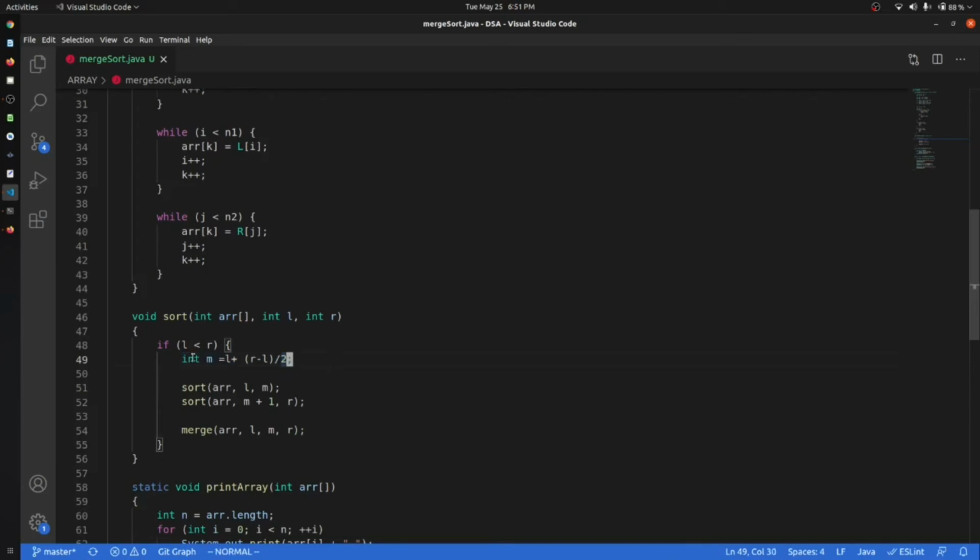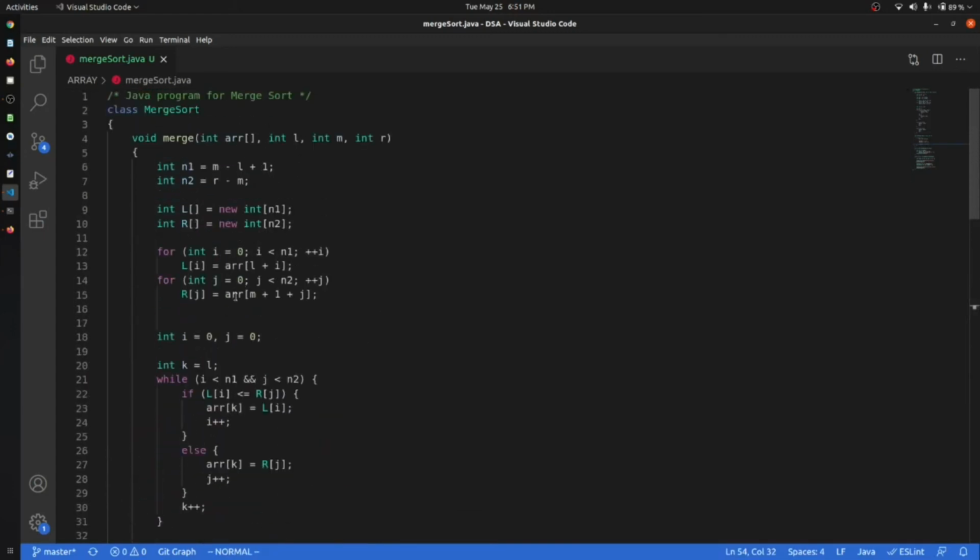Okay, 0 plus n, and then what we are doing, we are just using recursion to divide the subarray into smaller parts. Okay, we are just dividing the arrays into smaller parts, and after that what we are doing, we are just trying to merge all those small parts into a single array. So this merge function will call that thing.